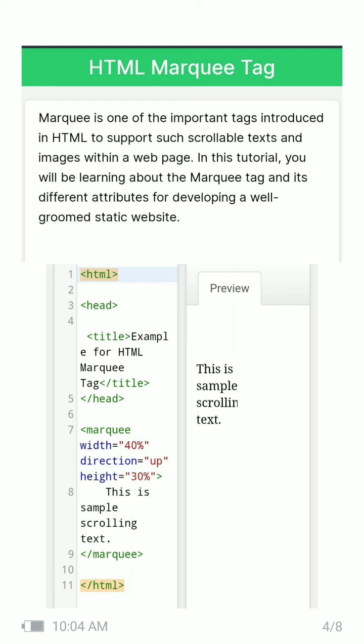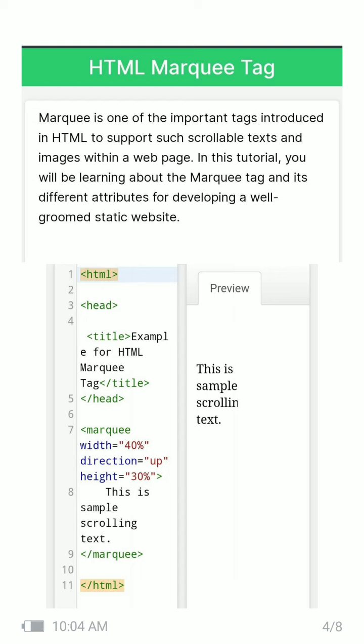Width, height and direction are the attributes of the marquee tag. You can give the width as 40 percent of the screen size and the height as 30 percent of the screen size. The direction can go from bottom to top, left to right, right to left, or top to bottom. So the text given inside the marquee tag will move.